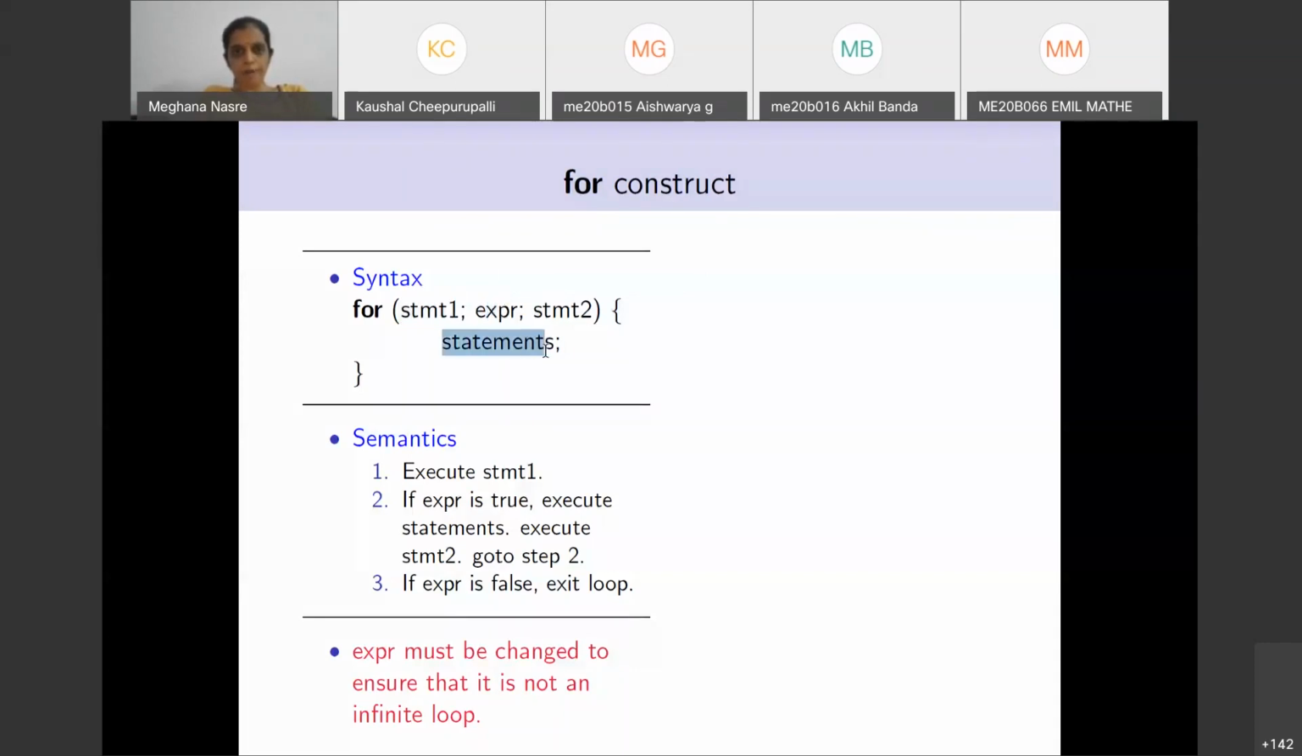loop. After we are done with executing these statements, we are going to execute this statement 2, which is typically a loop counter increment, as we'll see in our example. Then we will again evaluate the expression. If it is true, execute these commands again the way we have done. If the expression is false, we are going to exit the loop, right? So the test of the expression,